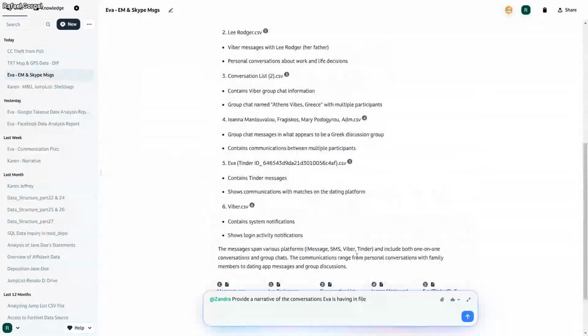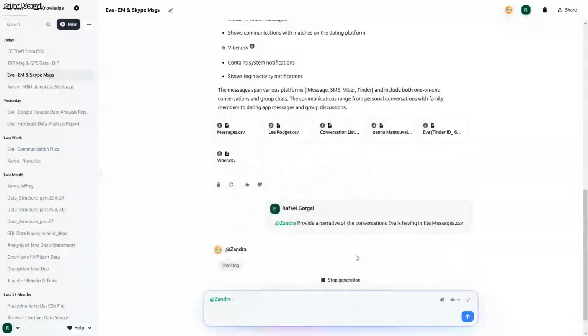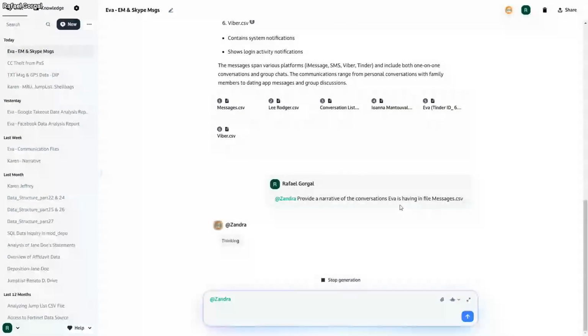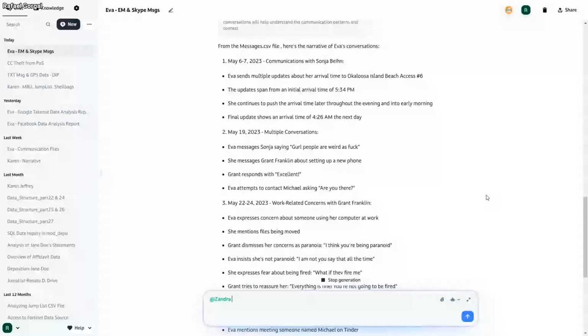Now it goes back through, analyzes all that data and provides the information. So instead of you having to sit there and review message after message after message, the AI looks at it and provides a narrative of what this data is all about, right?